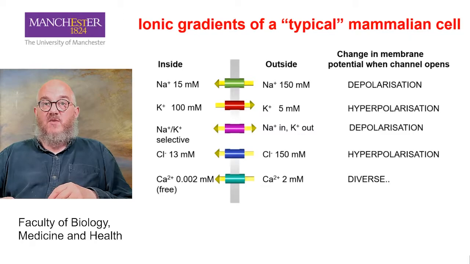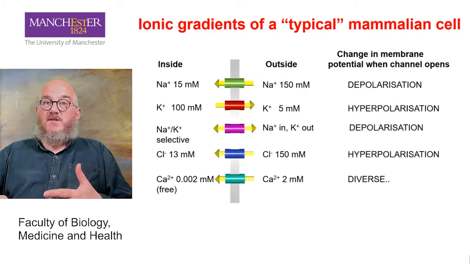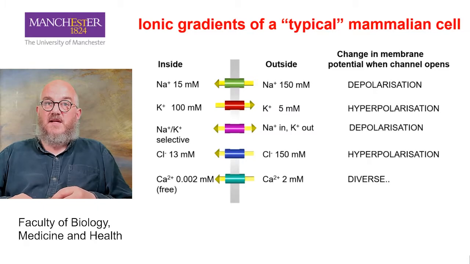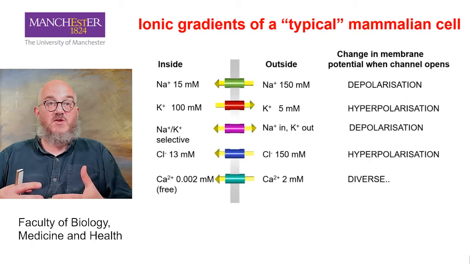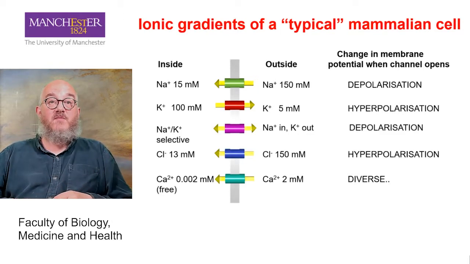So outside the cell we've got high sodium. If we open a sodium selective channel, sodium will go down its concentration gradient to the inside of the cell where the concentration is much lower. So we have a concentration gradient that favors sodium entering the cell, and that's going to cause the membrane to